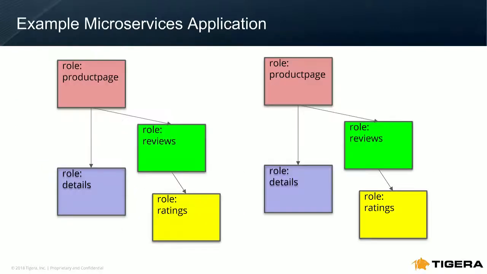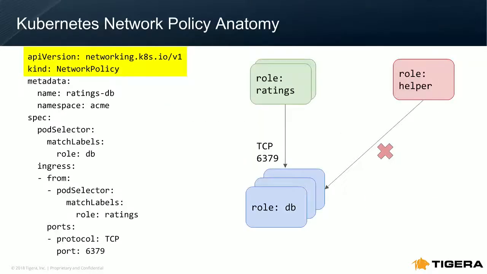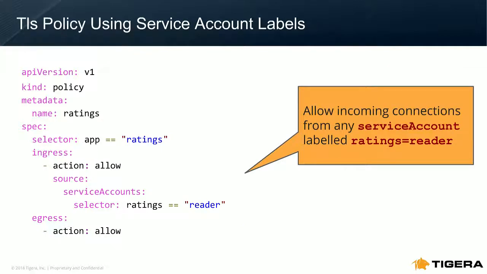If we go back down now to slide 25, we can even group service accounts. Just like everything else in Kubernetes, you can attach a label to something, to multiple things, and have them behave as a group. So here, what we're going to do is not say a specific service account, but any service account, so long as the service account itself has a label of ratings equal to reader. Service accounts are RBAC controlled, which means you can very tightly control who can manipulate these service accounts. So now it doesn't matter what service account, so long as that service account itself, in its metadata, has a label of ratings reader.